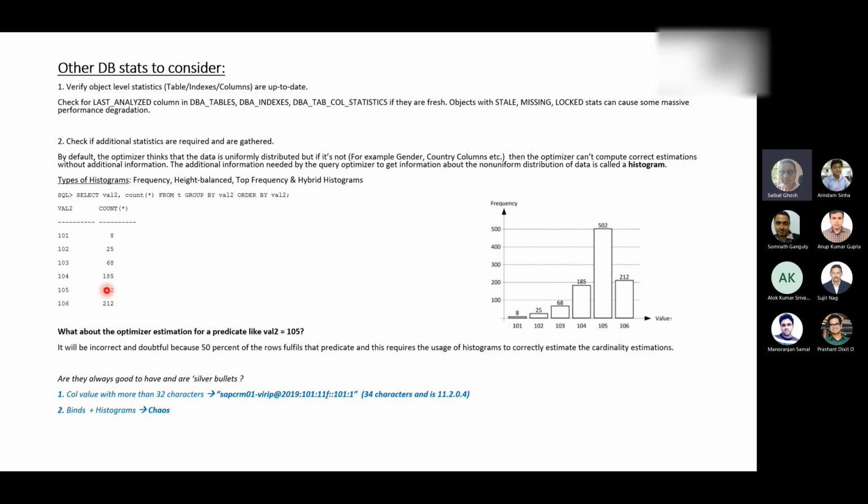People can read that. But typically, what Prashant was saying makes sense: when you use a bind variable, you do not hard-code the value, like select star from EMP where employee number is equal to a specific number. Instead, you put a variable there.